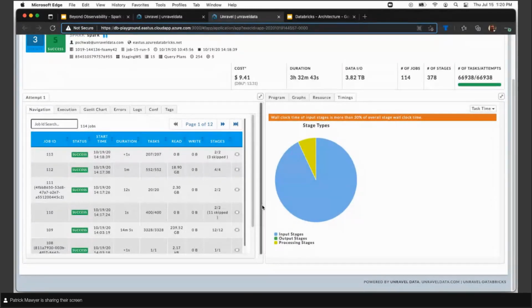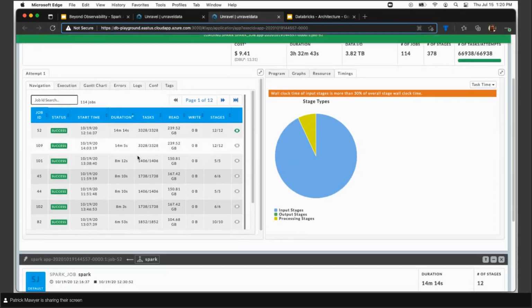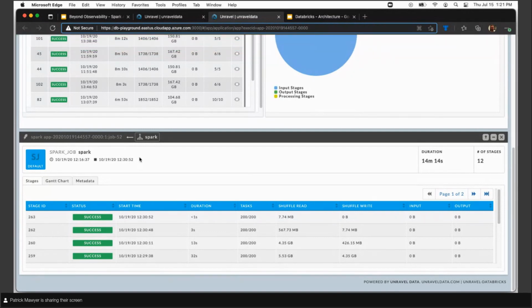Now, if I want to drill further down into my Spark application by job, we see all the various different jobs here, and I can sort these. If I want to just focus on the ones that are spending the most time, I can sort on duration. If I click on this particular job, this is going to expand me down into the stages for that job. And again, I can see what stages I am spending the most time in. And if I want to drill into that,